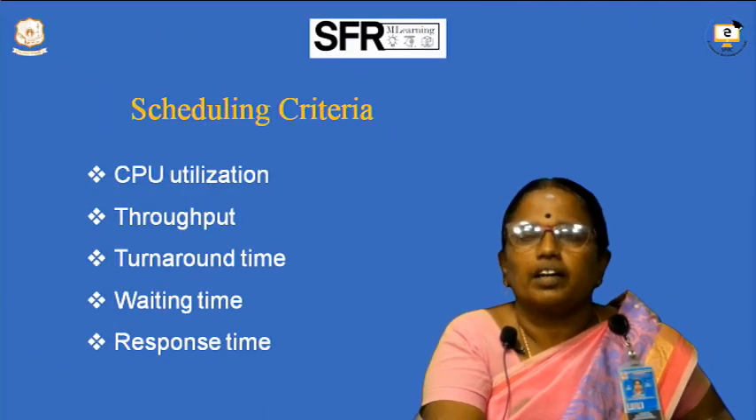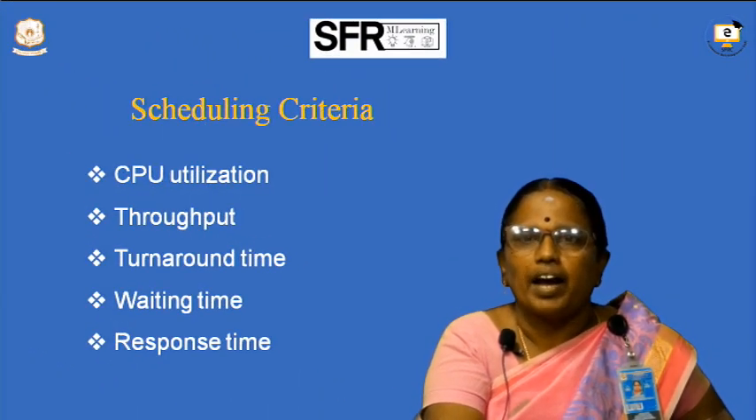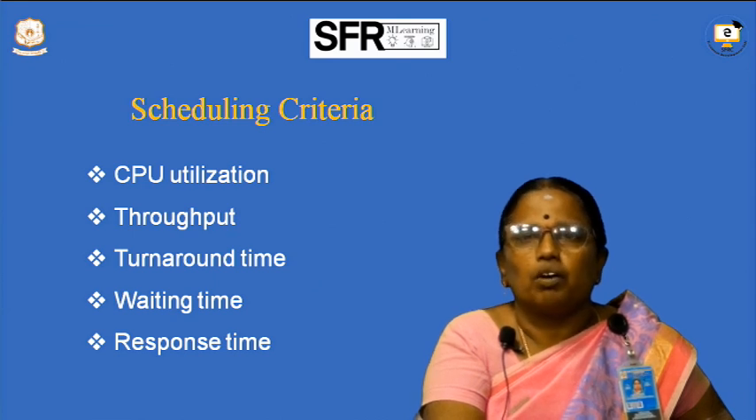The scheduling criteria is the second section we are going to see today. We have 5 factors which act as the criteria for fixing the scheduling algorithm. What are those criteria? Number 1, CPU utilization, which is using the CPU the maximum amount of time we can use. So, if the CPU is idle 10% of the time, then